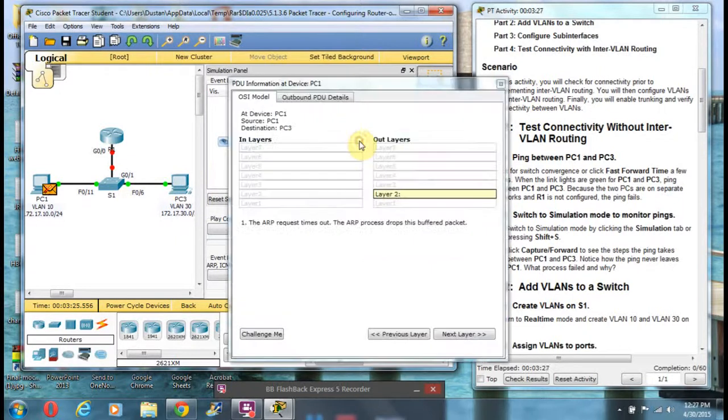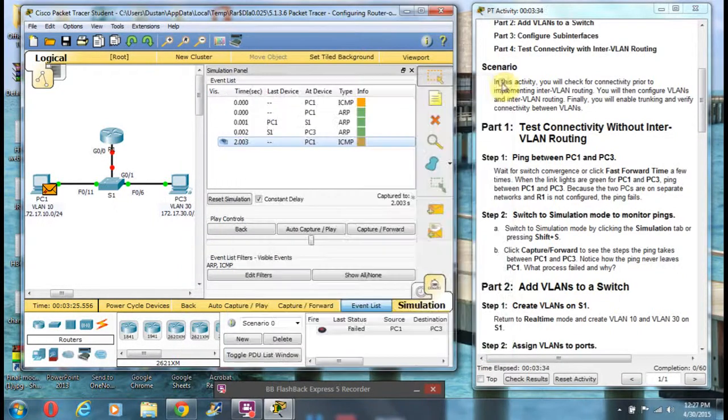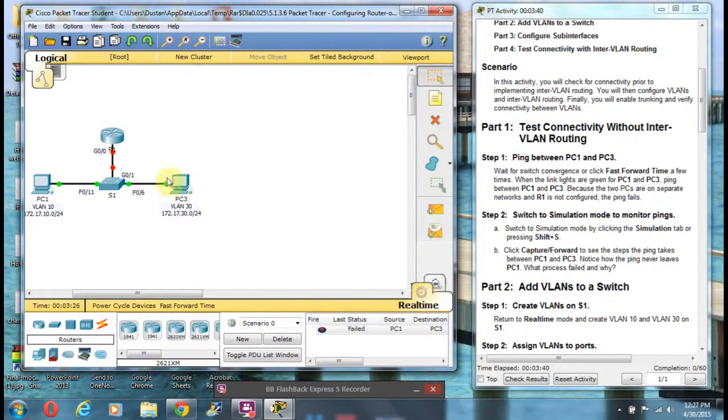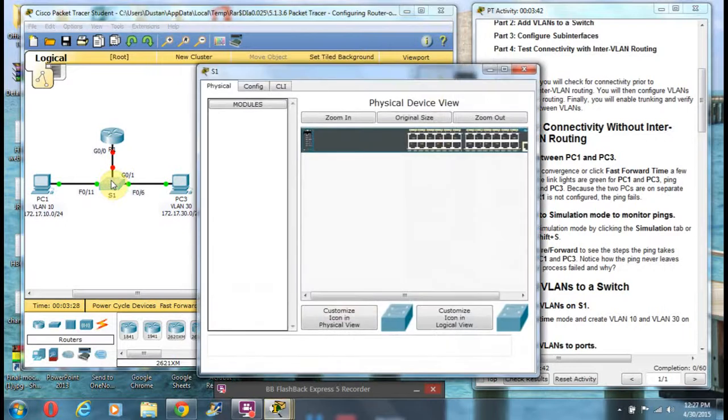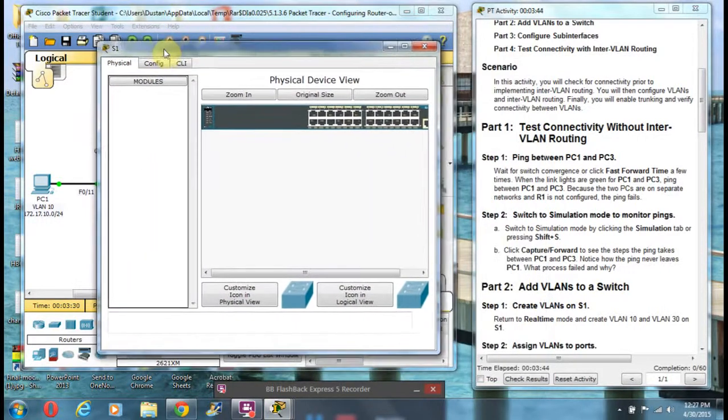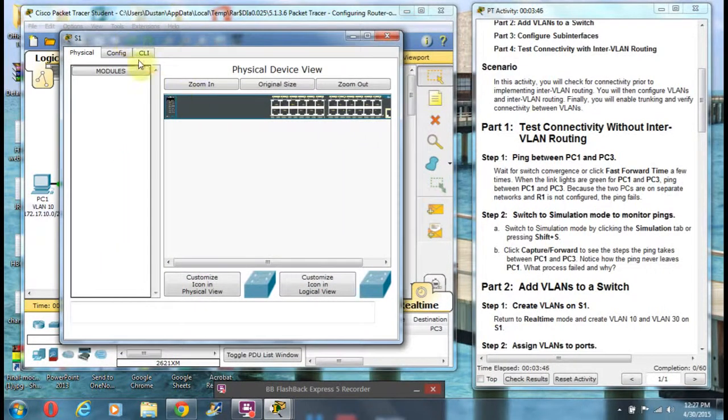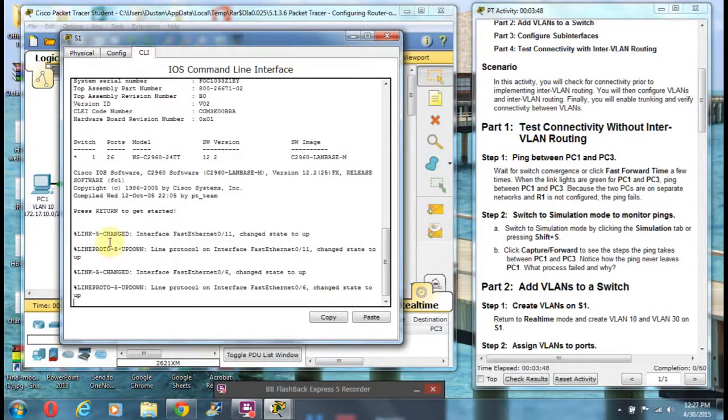So let's see what's going on here. The ARP request times out because we don't even have connectivity right now. So that's how you would watch and verify it that way. Okay, now we're going to go back into real-time mode, and we're going to get into our switch. And we've got to go to our command line interface. And what we need to do here is get our VLAN 10